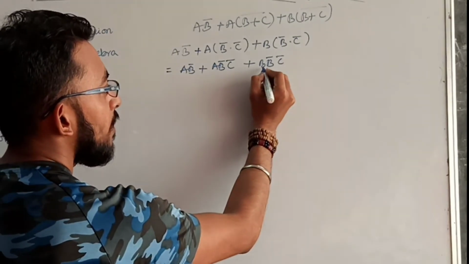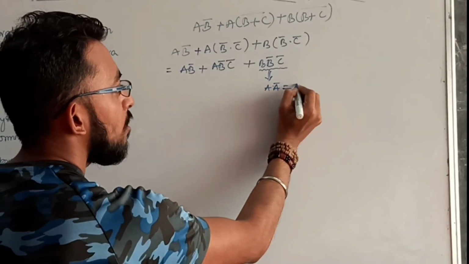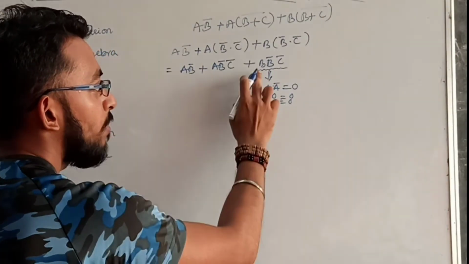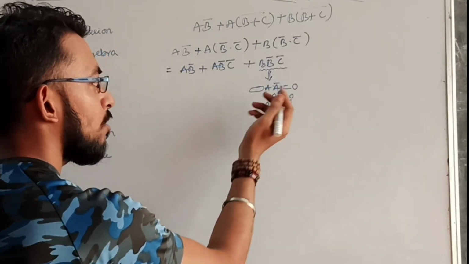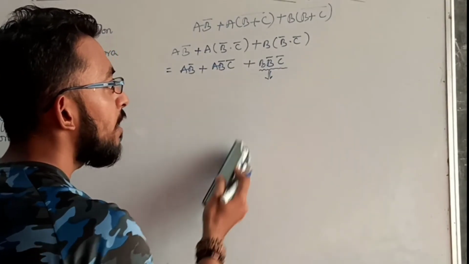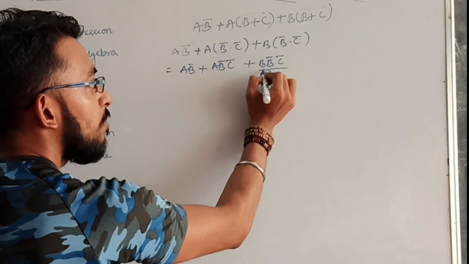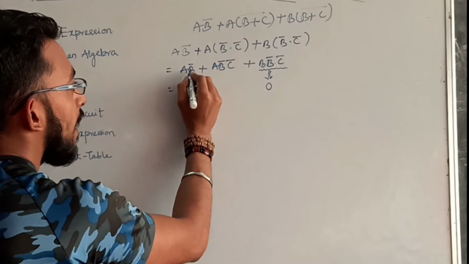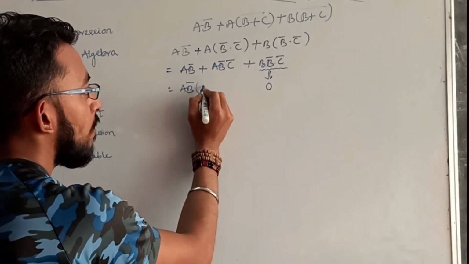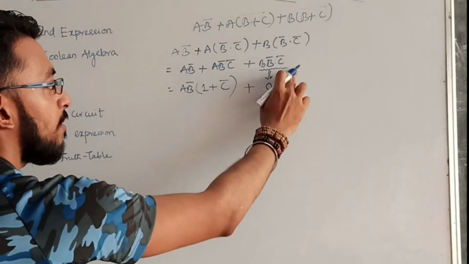Okay, if you remember in the last video this rule, A dot A bar is nothing but 0, meaning 1 dot 0 or 0 dot 1 will give me value 0. So B dot B bar, and any number of terms that are present with it, no problem, because 0 multiplied by anything will give me 0. So B dot B bar will give me 0, and 0 dot C bar is going to give me 0, because this B dot B bar is 0. Now can I take A plus B bar common from both? Since one is A plus B bar, one is A B bar C bar. So what will be left over here? 1 over here and C bar over here, and plus 0 is there because of this.